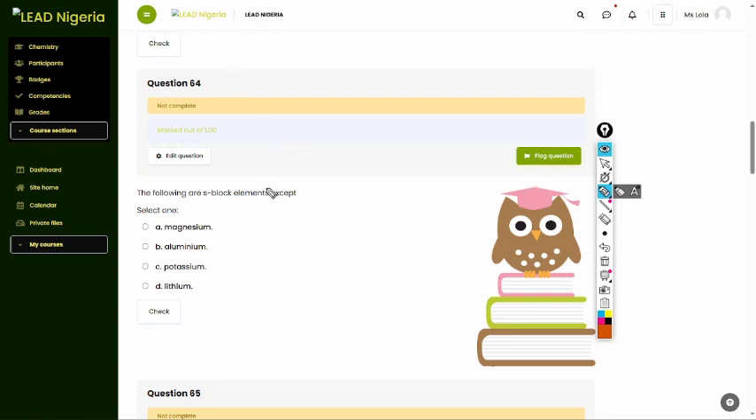So magnesium has an atomic number of 12. So the configuration is 1s2, 2s2, 2p6, 3s2. This is 12. 4 plus 6, 10 plus 2, 12. So this is an S block